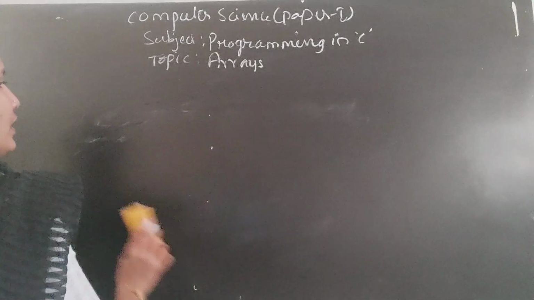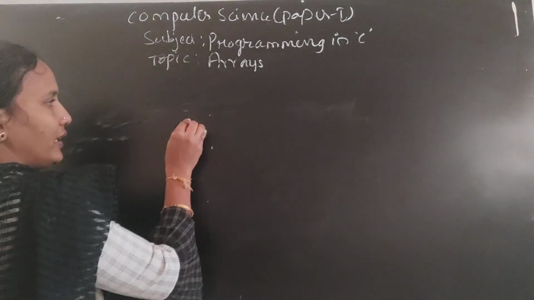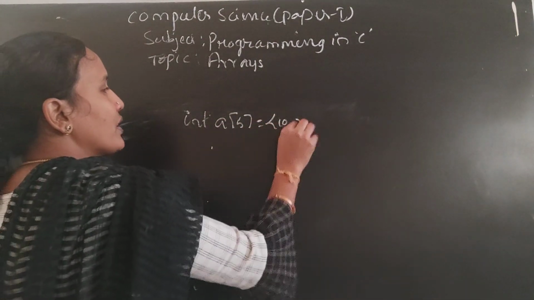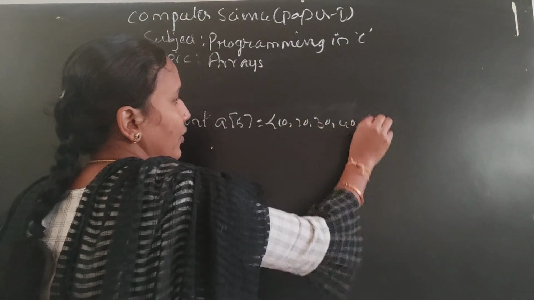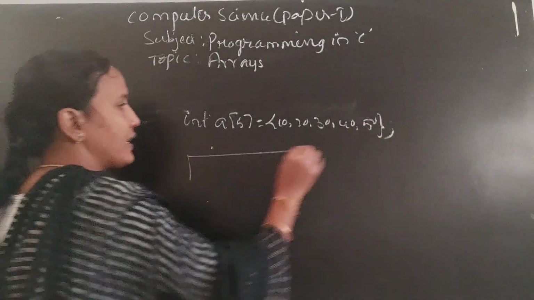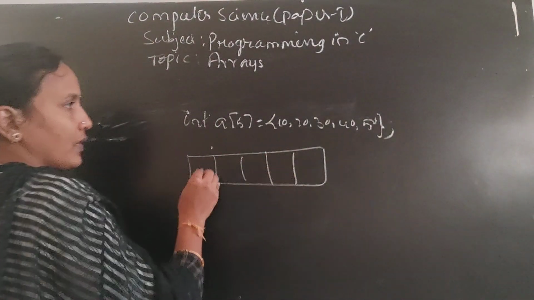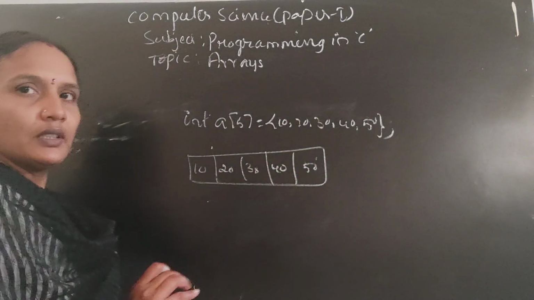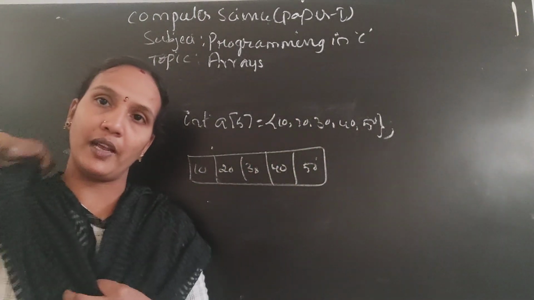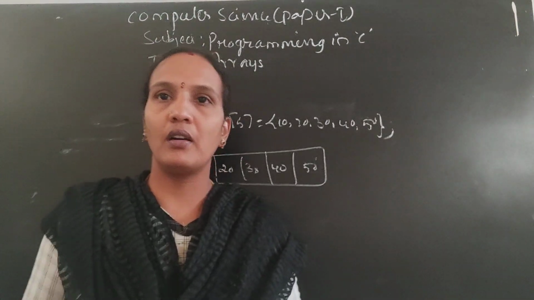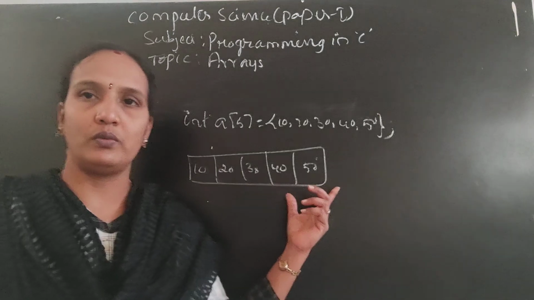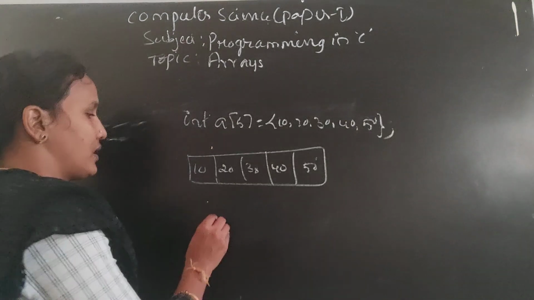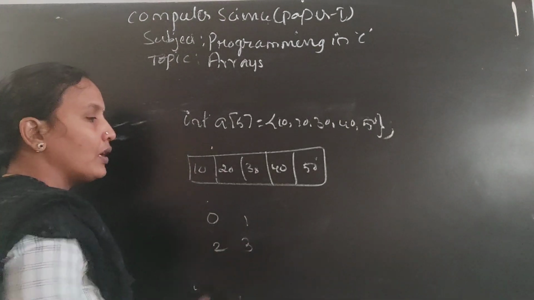But if you are declaring a one-dimensional array like this, int a[5] = {10, 20, 30, 40, 50}, what is the internal structure for this? 10, 20, 30, 40, 50. This is the internal structure using a one-dimensional array, and actually this is one row. If you want to create a data structure like a matrix, or like a table,